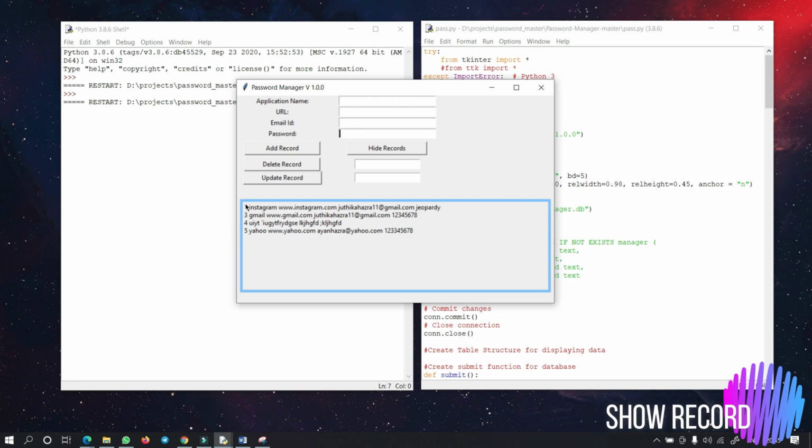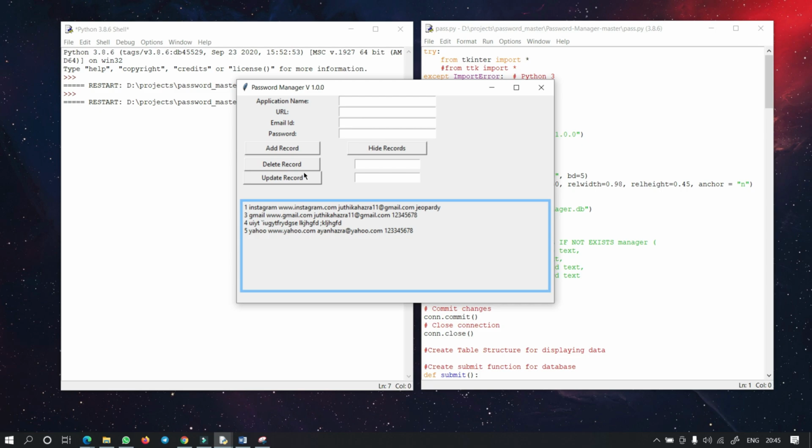Here the first one, remember, this is the ID. Each and every time you want to edit, meaning update or delete your record, or delete your password from the database, you have to use this ID: 1, 3, 4, 5. This is the ID. It is unique for each and every record. So I entered the last, most recent record, which is this one.